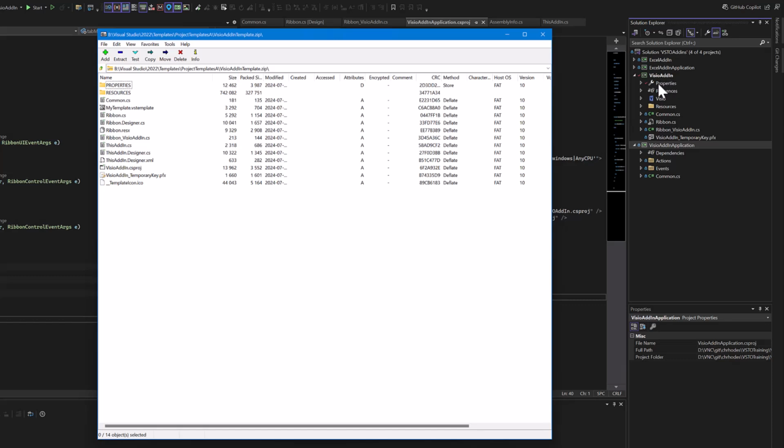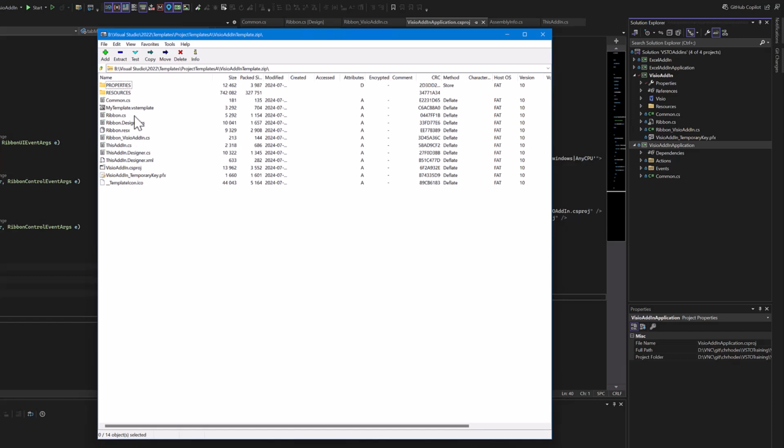So we got a couple folders here, properties and references. There's this add-in file there, common ribbon. So common ribbon, the background files, ribbon VSTO add-in, that file's right there. So all the files in our project come along, and in addition, there's a new file called